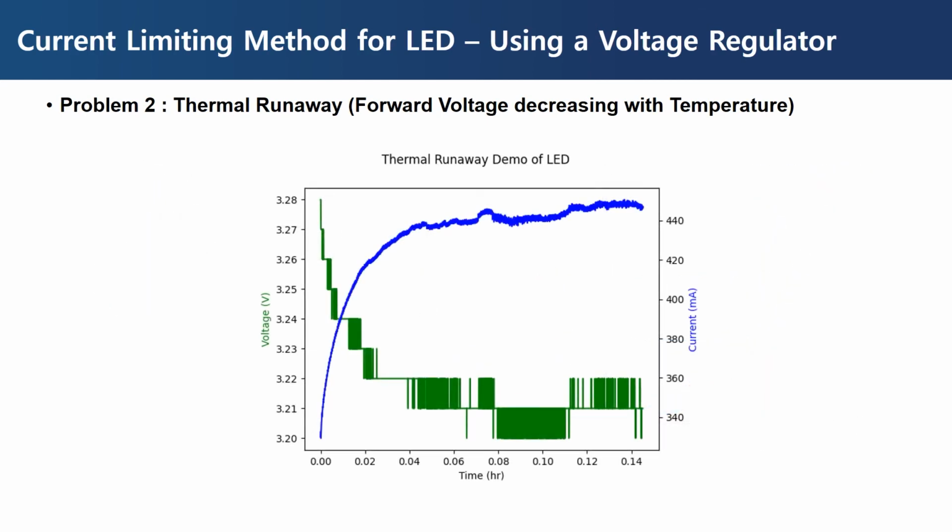This is the result of an LED running from a constant voltage source. After initially setting the voltage so that the forward current flows about 330 mA, you can see that the current increases rapidly over time and flows up to 450 mA, which exceeds the nominal forward current requirement of 350 mA. The voltage drop is the result of the IR drop of the current measurement circuitry, so without that circuitry, the current can be higher than this measurement result.